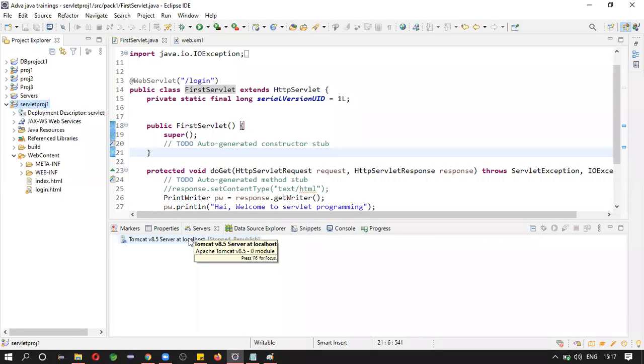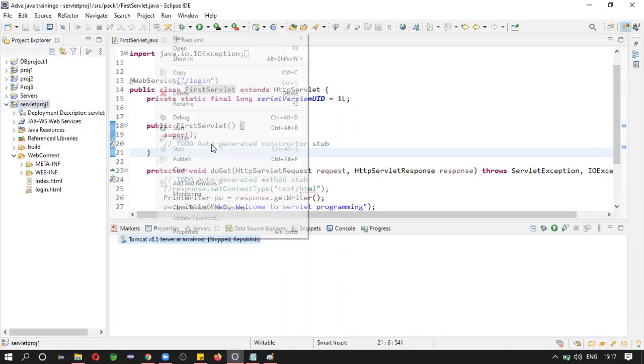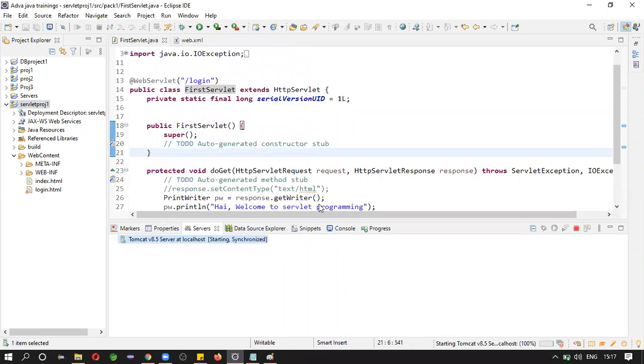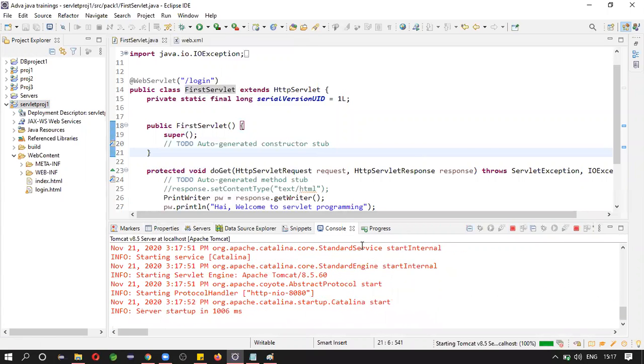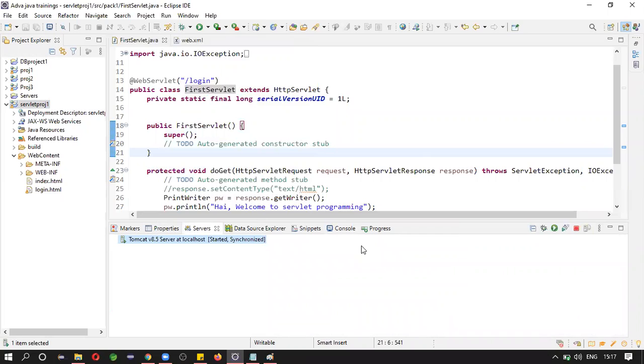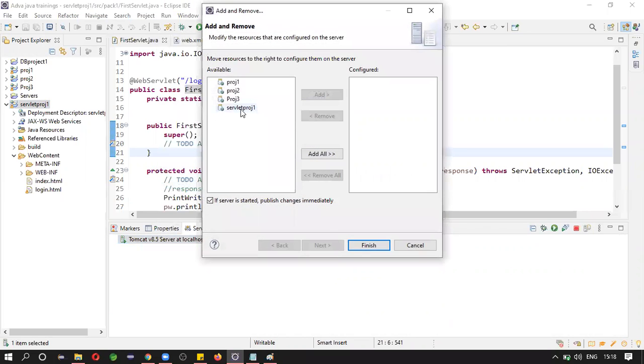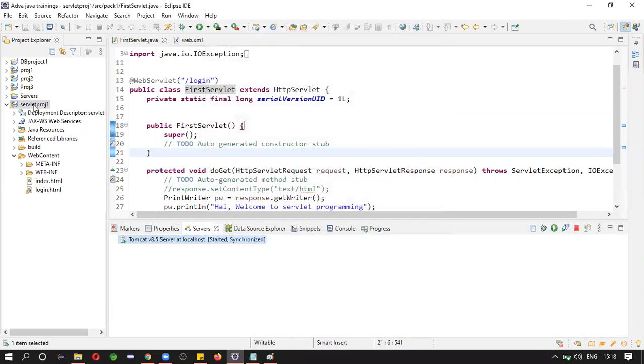This is the main problem we will face with Tomcat. A lot of dependencies will be there, so if one mistake happens, it will do like this. See, the log module is related to.